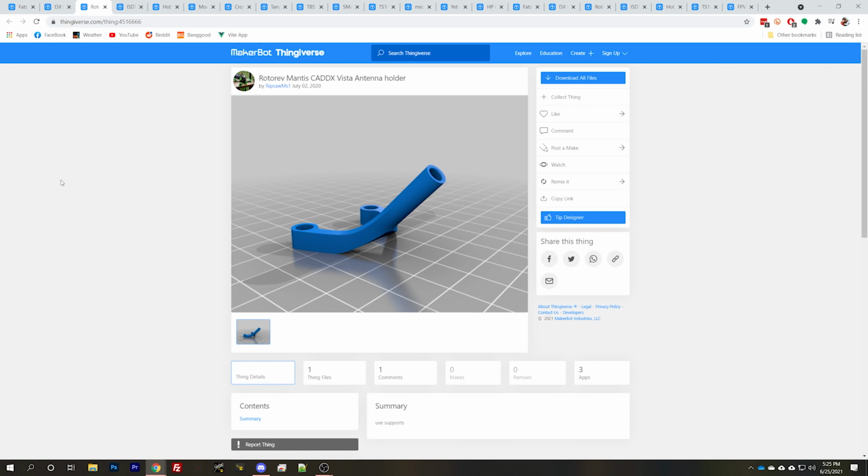This is an antenna holder for the Caddx Vista. It's a very generic sort of thing. It can probably work on a lot of different frames. You're going to print it out of TPU, so it'll have some flex. And it's my favorite way of mounting the Caddx Vista antenna, which is just to sort of, you could even